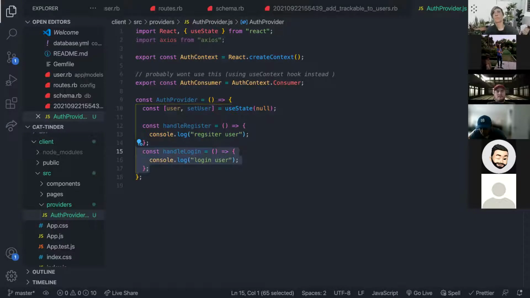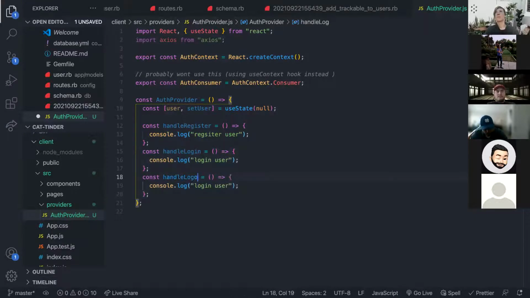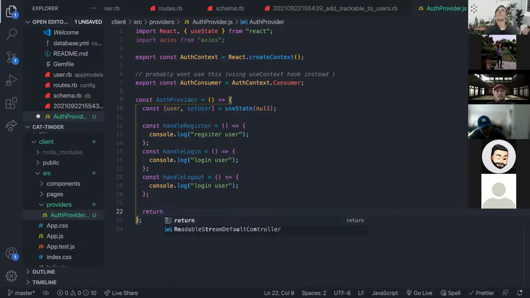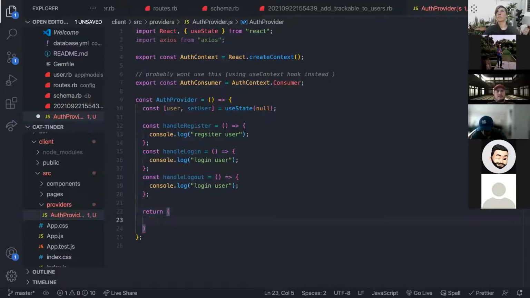Then we can go ahead and have a logout function. And then we can return our